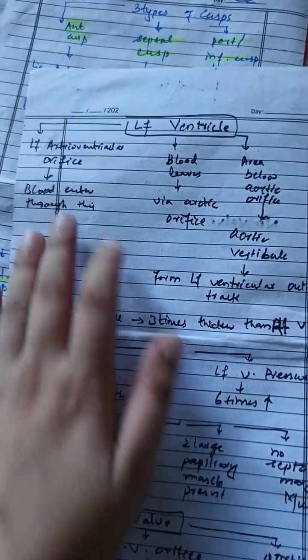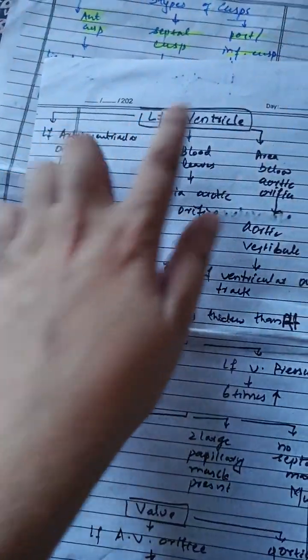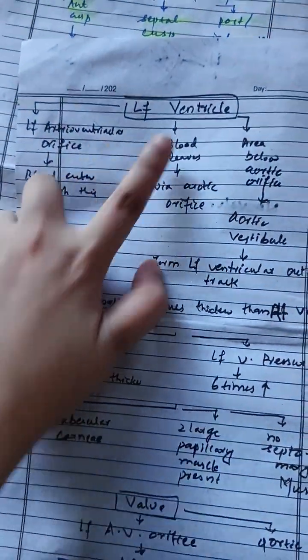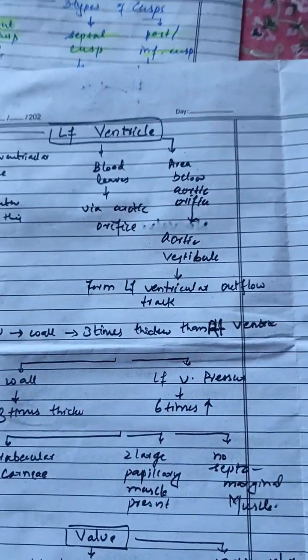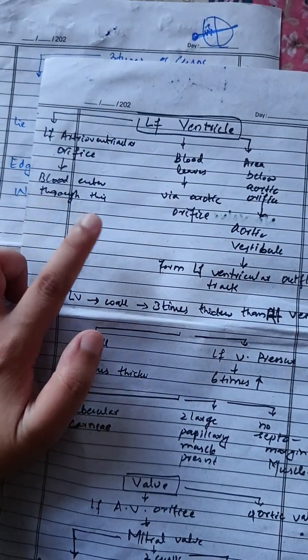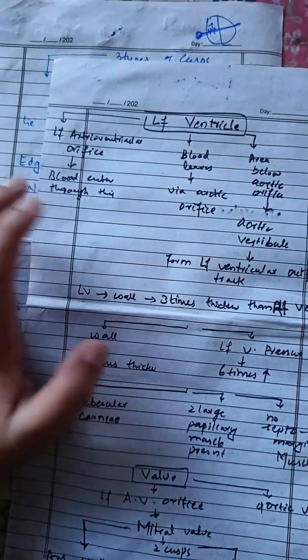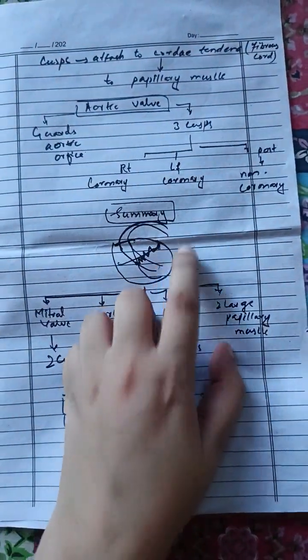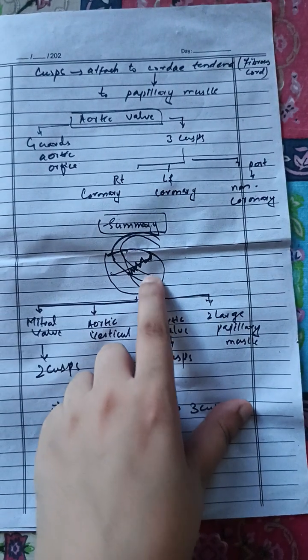So the left ventricle consists of the left atrioventricular orifice. Blood enters the left ventricle from the left atrium through the atrioventricular orifice, and the blood leaves through the aortic orifice, and I think we have already discussed it. In the left ventricle, there is also an atrioventricular orifice, which is guarded by a mitral valve. That is between the left atrium and the left ventricle. The blood leaves the left ventricle through the aorta,